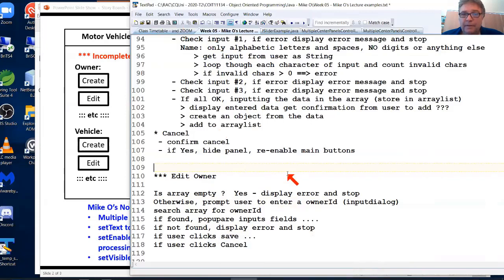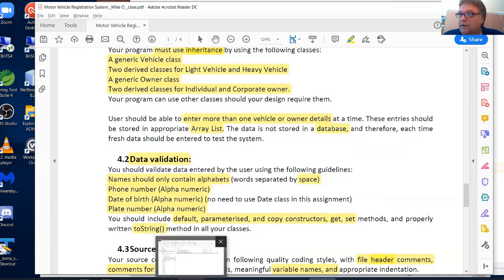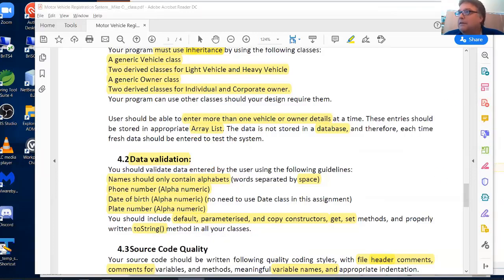Sir, about that array list. Do we have to store the objects in the array list? Yeah, you use an array list. The spec says use an array list. So the array list is the array list of objects. That's right. So if we go back to what we did back in week